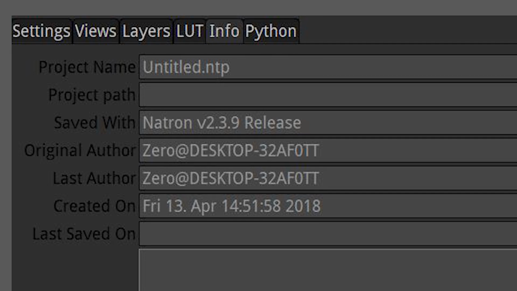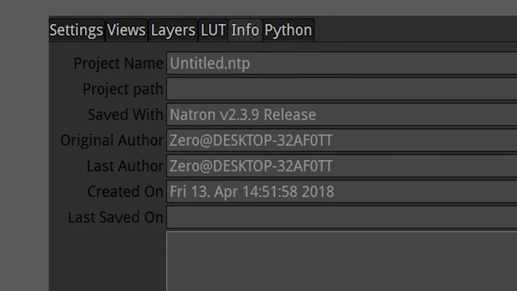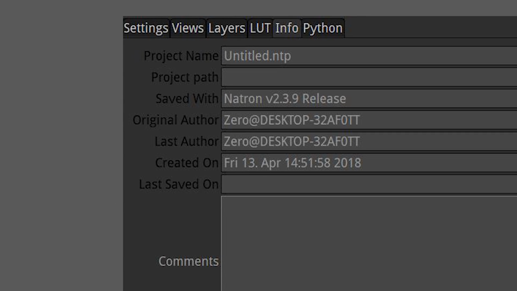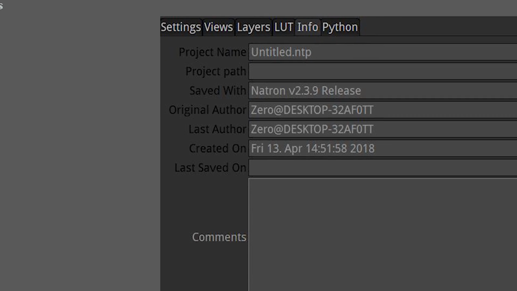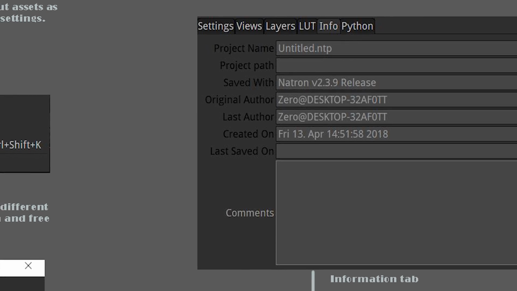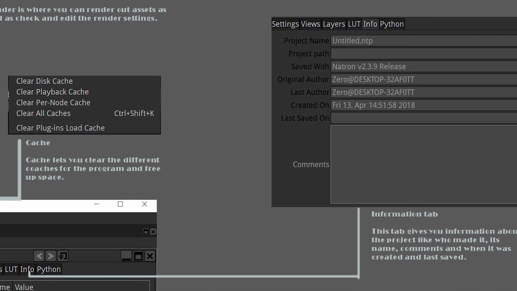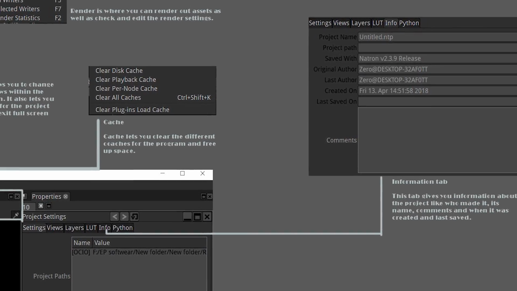Python is use of the Python coding language, so you can code movements for motion graphics if you are doing motion graphics, or images on the screen, instead of just doing clicks